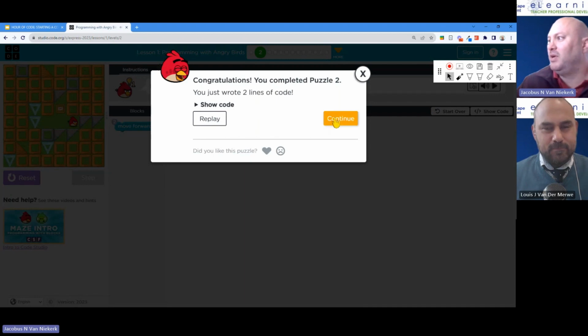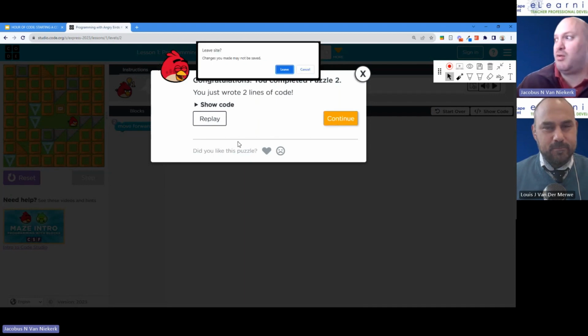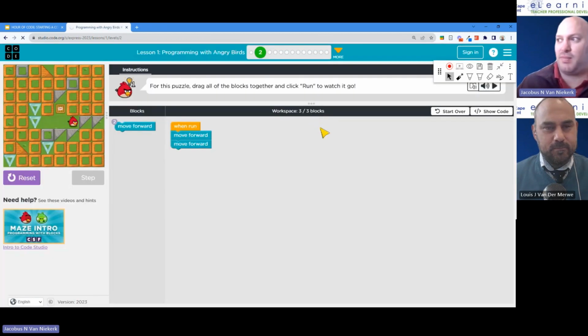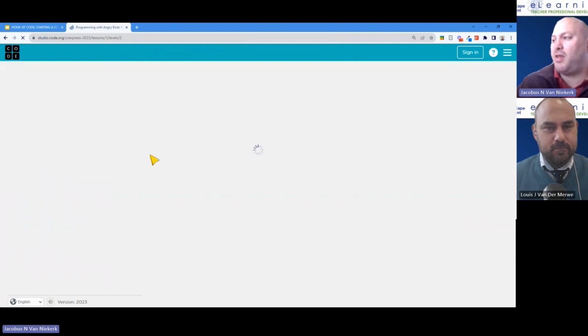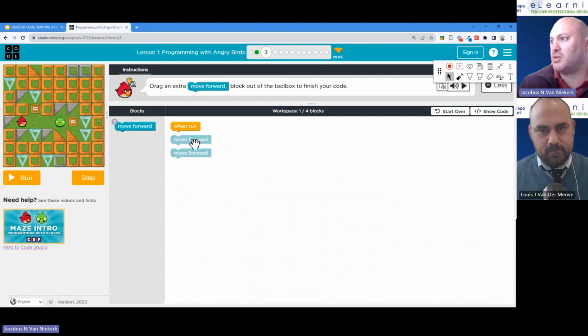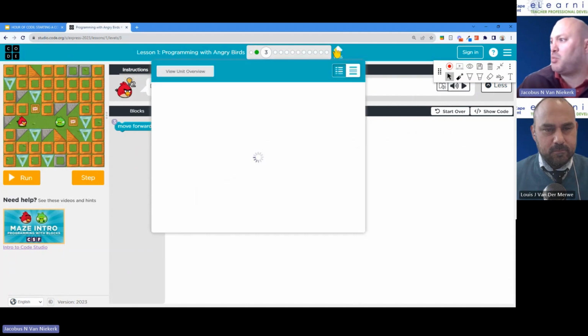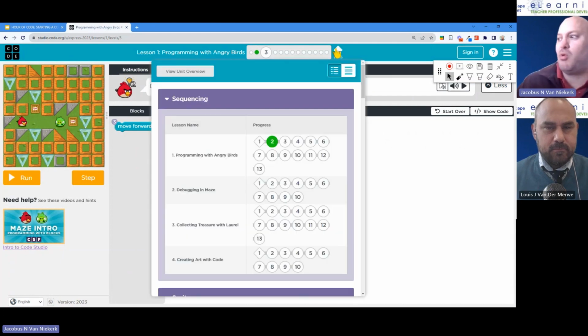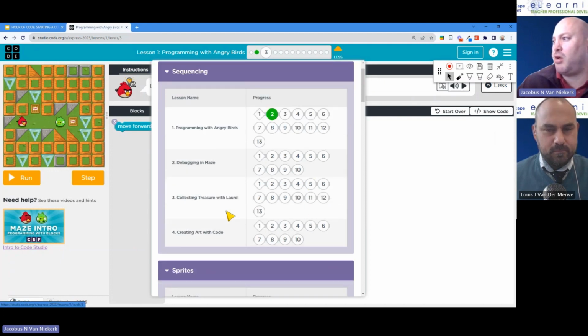And then I move on to the next one, which becomes a little bit more challenging. Now they want me to basically do the same thing, only I can't move further along because there's dynamite that'll explode if I do it too many times. In this way, it gets sequentially more and more challenging as it goes along.